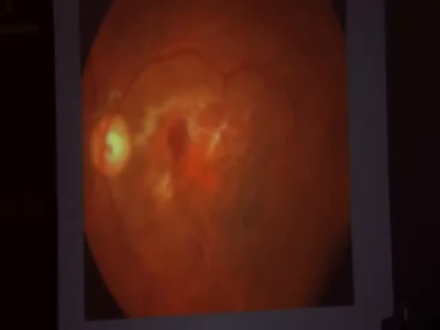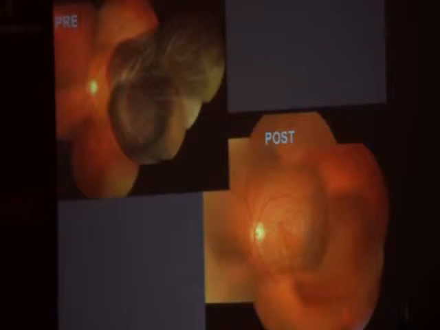And once it's cleared, we again put perfluorocarbon just like we would treat a giant retinal tear, and then gradually fill it up and do a 360 barrage laser at the end and finish the surgery. So this is what you achieve the next day, and this is the pre and the post 1 month picture of the patient. And he's extremely relieved with the 6/60 visual recovery from almost hand movements